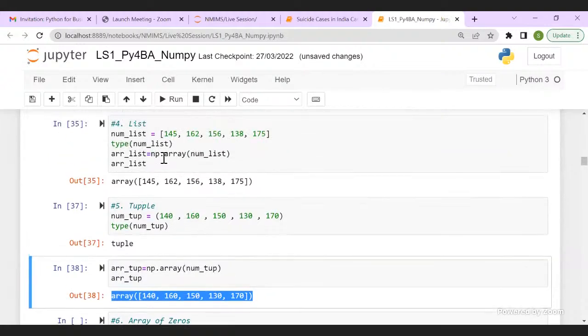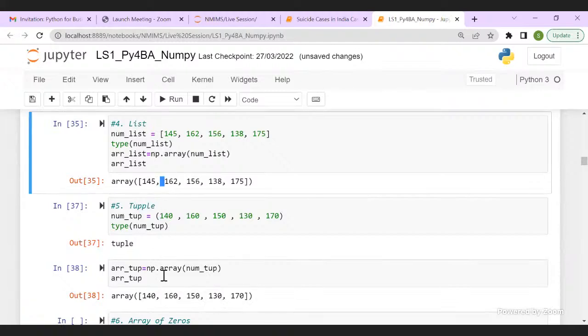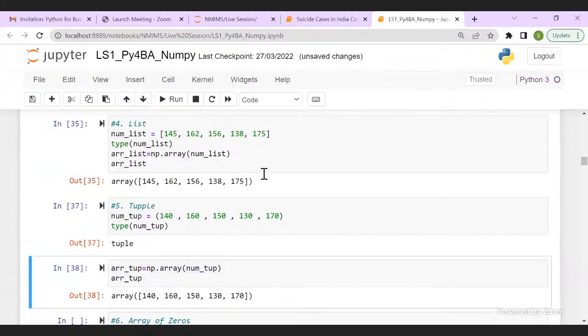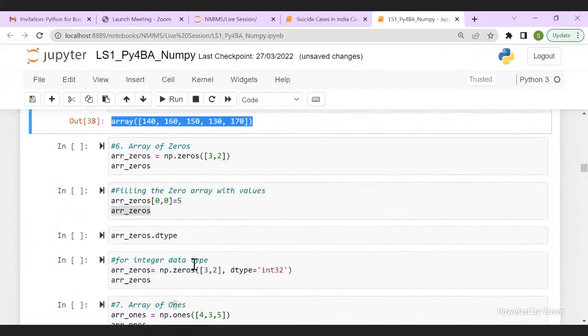So whether you create an array from a list or from a tuple, of course, if the data points are the same, the output is the same. You have a similar looking output in both cases. So in case you get a tuple from your input or you get a list from your input, you can change it to an array.